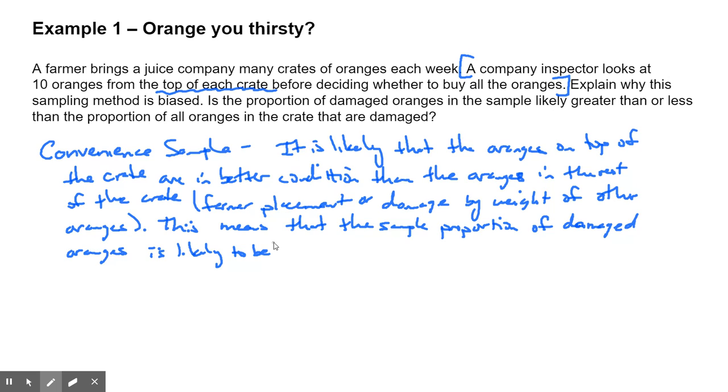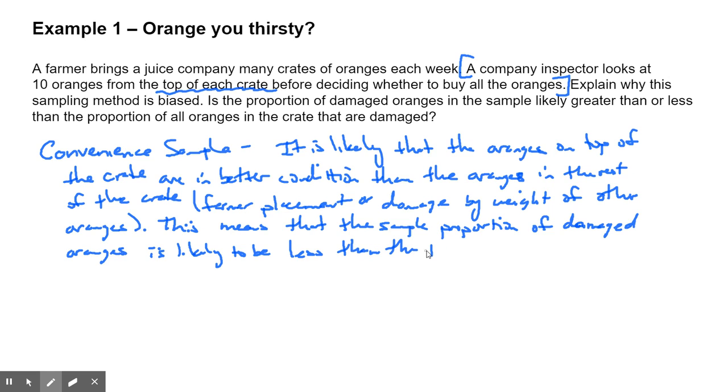Well, in this 10 on the top, I doubt any of them are going to be damaged, so they'll have 0 out of 10 damaged. But I know for a fact that in this crate, there are some damaged ones. So obviously this sample proportion of damage is going to be less than the true proportion. So it's likely to be less